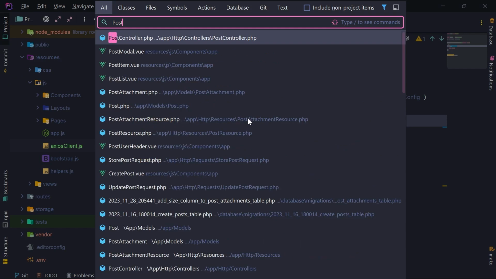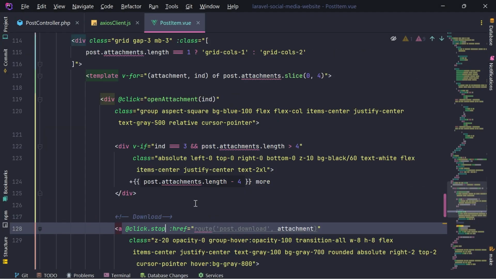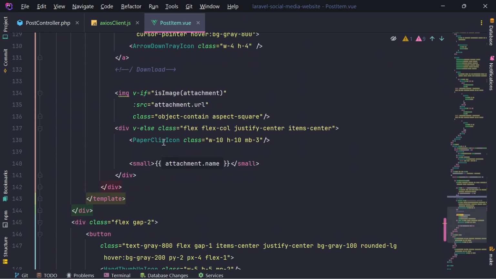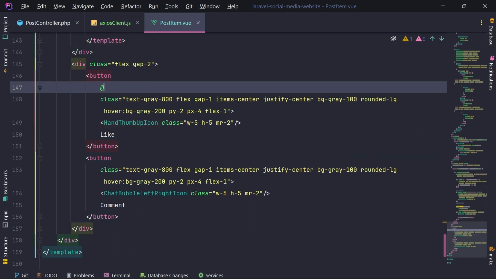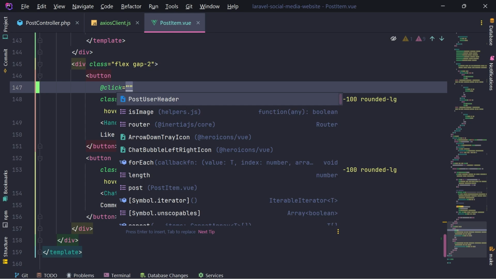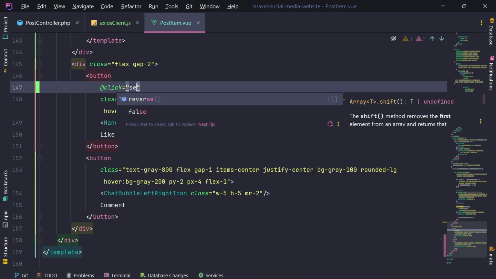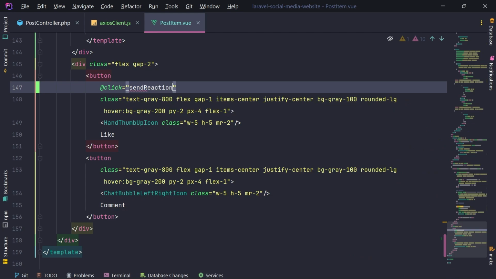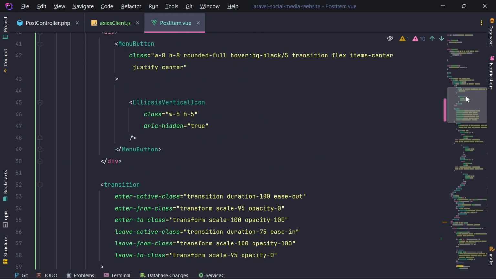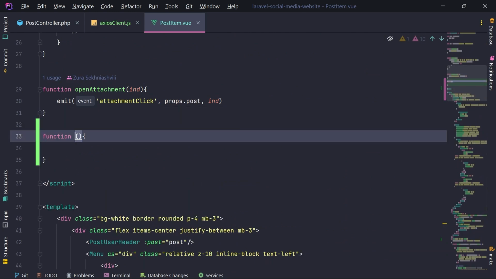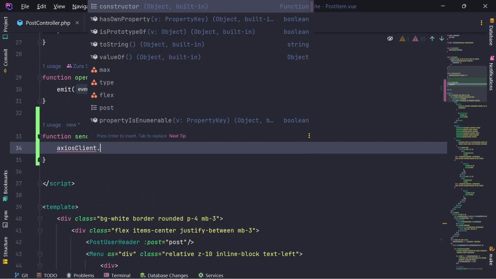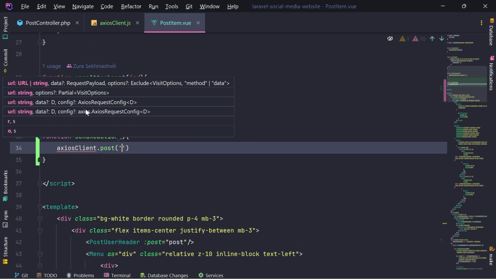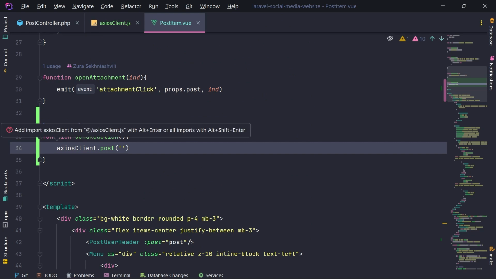Now let's open post item, and I'm going to try to make a request. This is a post item, and at the bottom we have this thumbs up icon. Okay, so we're going to listen to click of the button, and we're going to do send reaction. Let's call this send reaction. Let's move up, and I'm going to define this function send reaction, and we're going to use now Axios client for this. So axiosClient.post, we're going to make post request to like or to add some reaction, and the URL